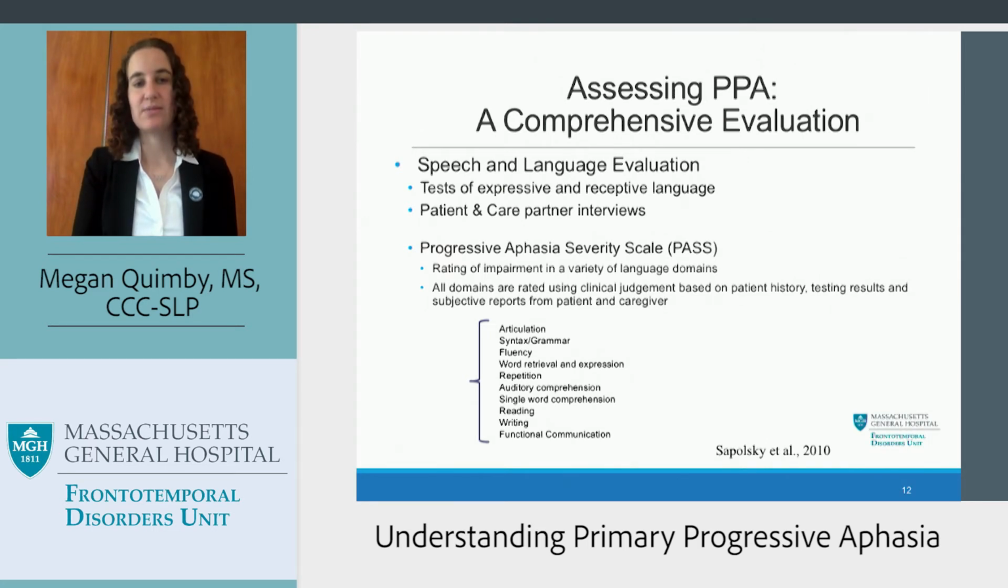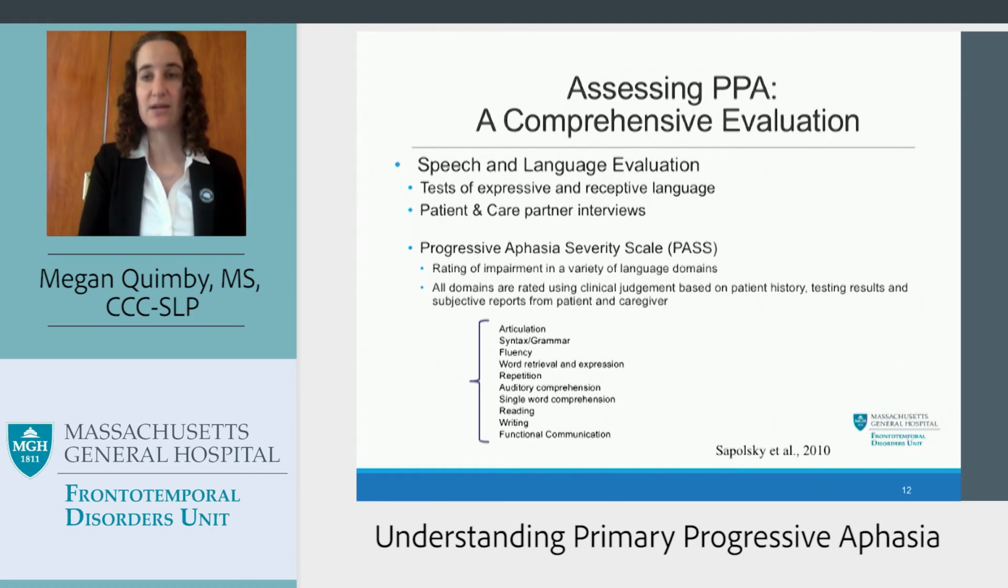And we do this with a comprehensive speech and language evaluation, neuropsychological testing, MRIs, PET scans, a variety of tasks to really understand what's going on, because these are rare disorders and it really takes an interdisciplinary team to know what's going on. So in our lab, we're happy to provide something called the Progressive Aphasia Severity Scale, developed by